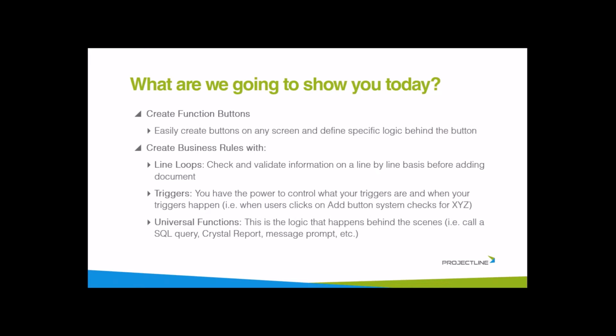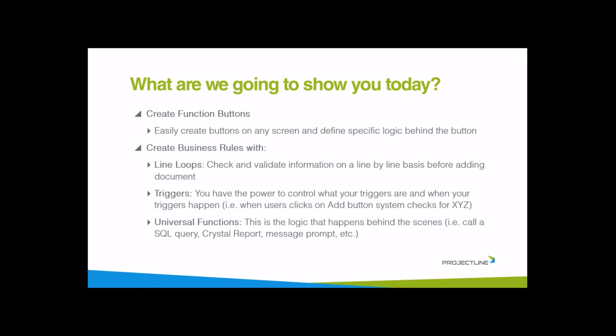And some of these rules might be line loops. A line loop is a really cool feature in B1UP, because what it does is, you define a rule and it checks row by row on a document, for example, and validates some information. And you might have a trigger, such as when I click the add button on a document, it initiates that line loop to keep searching every line in that document in SAP